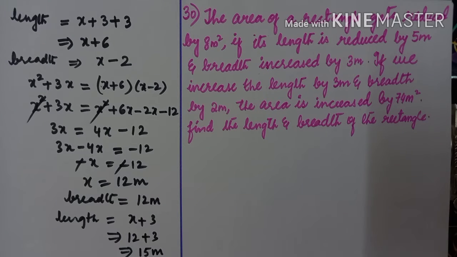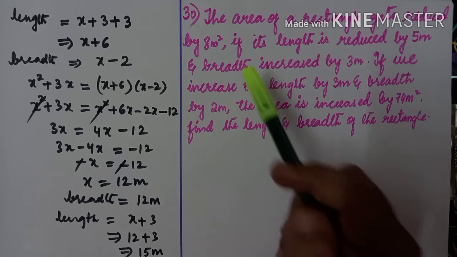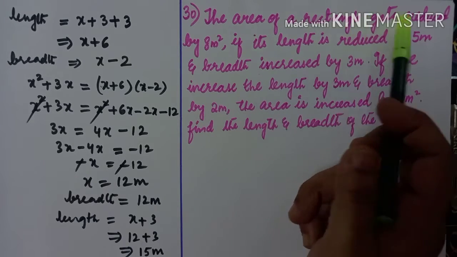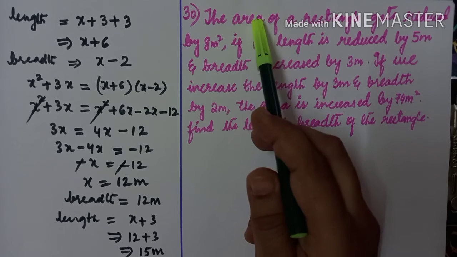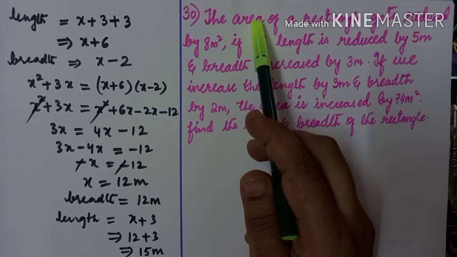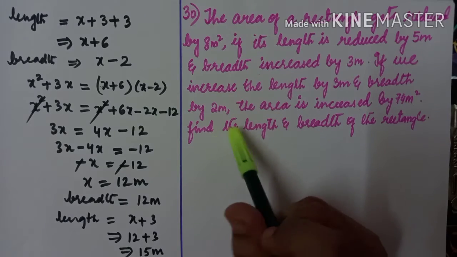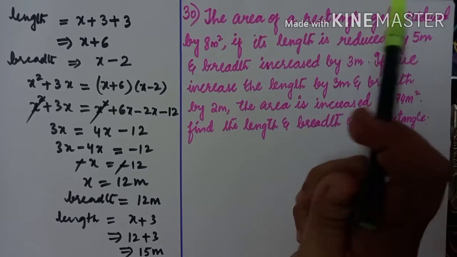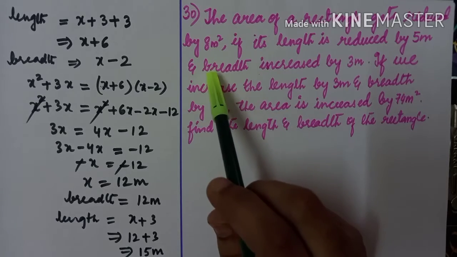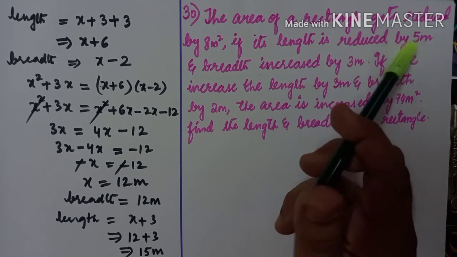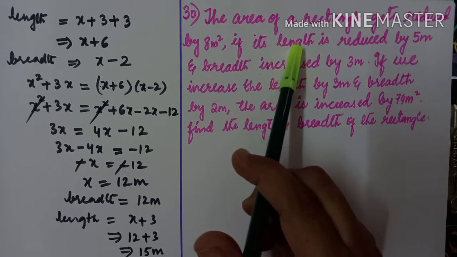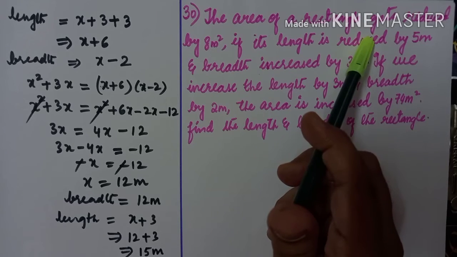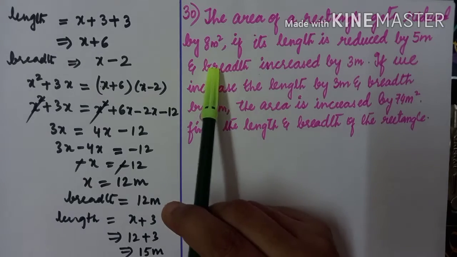Okay, so clearly what you are assuming in the first step: let the length of rectangle be x and breadth of rectangle be y. Here you see the first point, the area of a rectangle gets reduced by 8 meters square. So area will be what? Area of a rectangle formula is L into B. Here we are assuming length as x and breadth as y, so xy gets reduced, area is reduced by 8 meters square, means xy minus 8 you will take. Then equal to, if its length is reduced by 5 meter, length means what we are assuming, x, so x reduced is nothing but minus 5, then breadth increase by 3 meter.